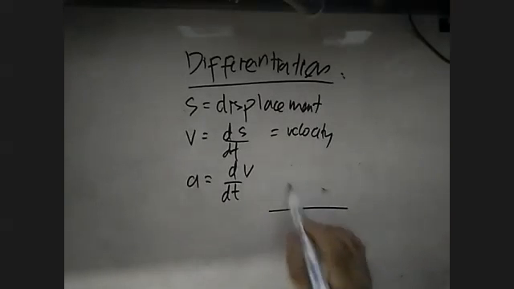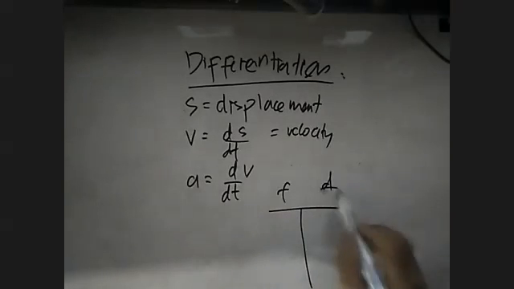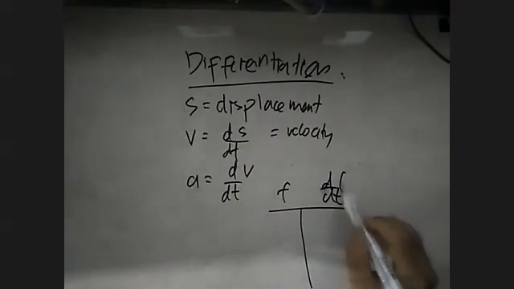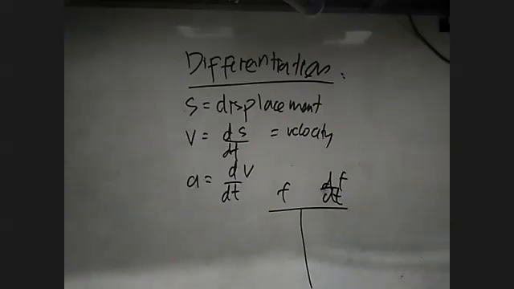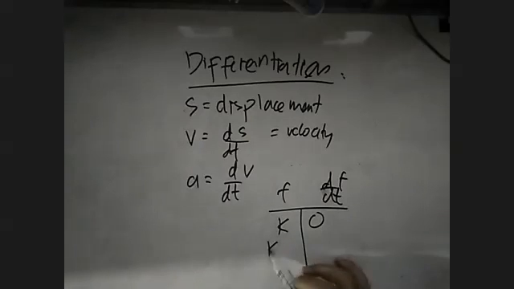What is the function and what is the derivative of that function? If it is a constant, then the derivative will be nothing. That's going to be 0. If it is a constant times t, t being the variable, the derivative with respect to t is the constant